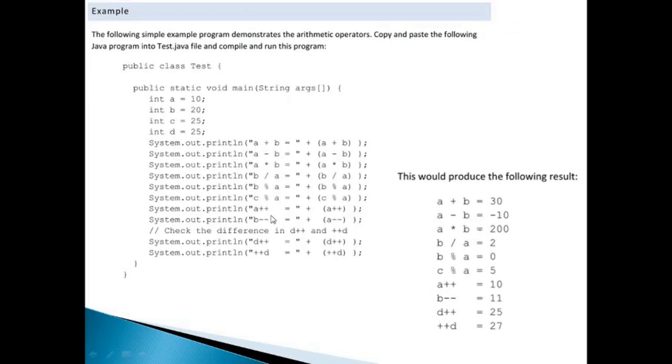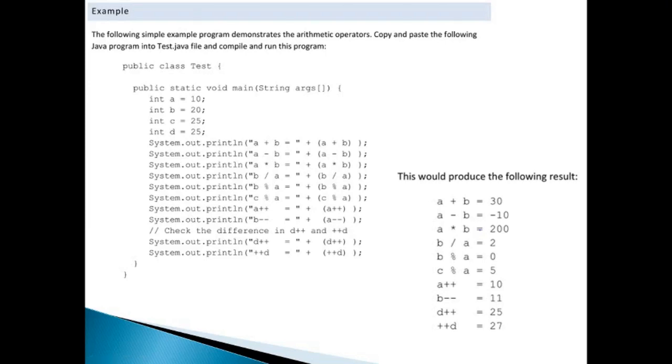Now here, as you can see, we are applying a post increment operator on A. A plus plus will give what? A's initial value is 10, so A plus plus will give 10. Why is this 10? Because first it will use the value of A and then it will increment it. So as soon as the statement is executed, the value will be incremented by 1, but before that it will contain its original or initial value. So A plus plus in this line will print 10, but as A reaches the next line, it will be 11. Then it will print 11, and again there is a post decrement operator. Then this final value will obviously be 10.